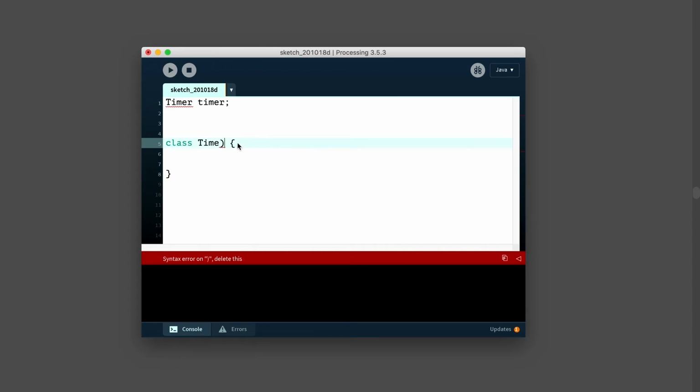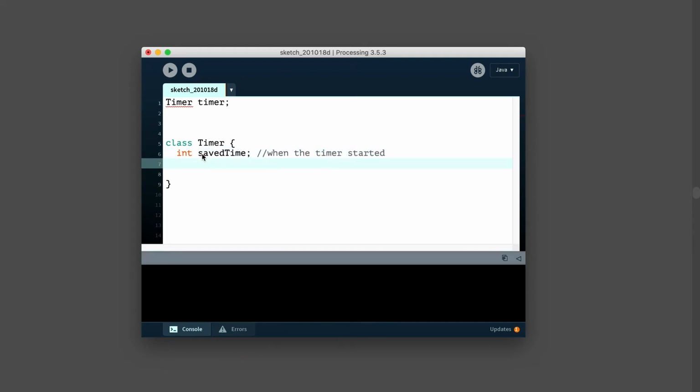So what goes into a timer? We might have a save time, which is when the timer started. And to reference against that, we'll have total time. So this would be how long the timer is supposed to last, or what's the duration of time.